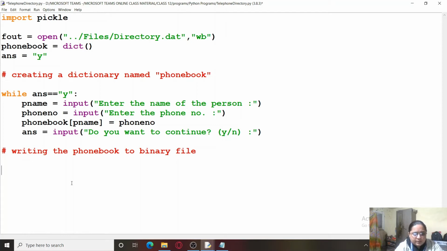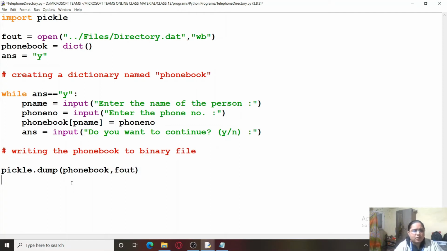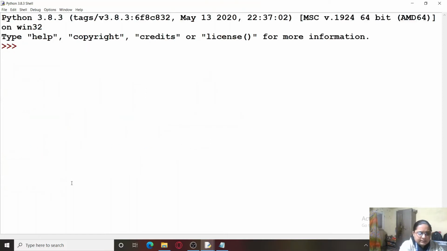First, I'm going to simply take pickle.dump, and you know that in the dump function the first argument is always the object. Here, as we have already created the phone book object, which is a dictionary, we will be taking that and sending the file handle. So the file handle is fout. Once all our data is written to the file, you can simply close the file to save all the changes to the file. So let's run the program and see.